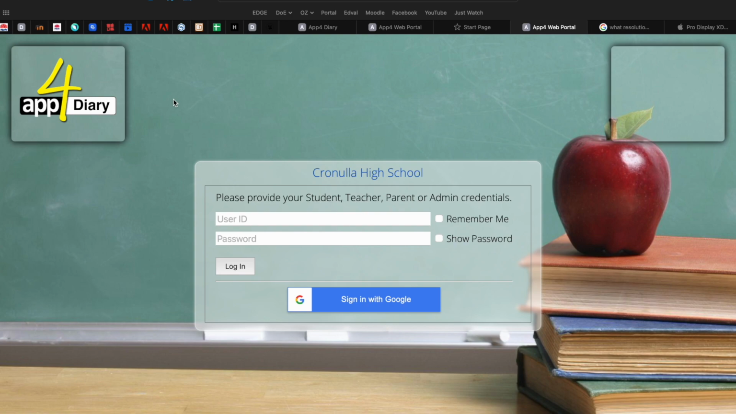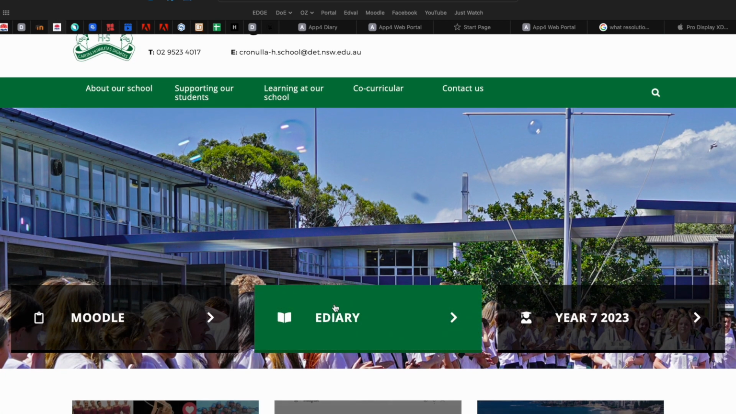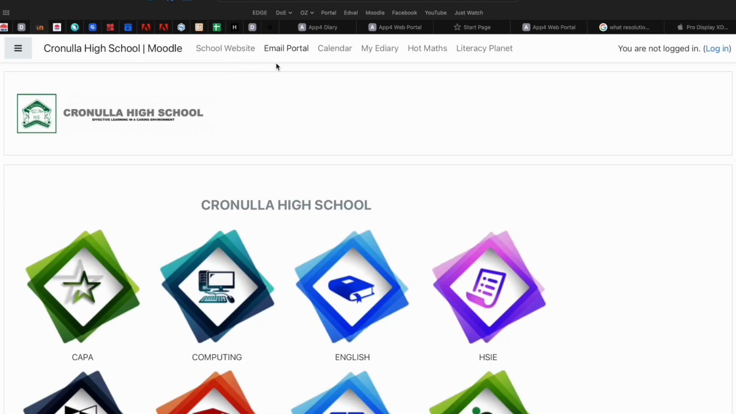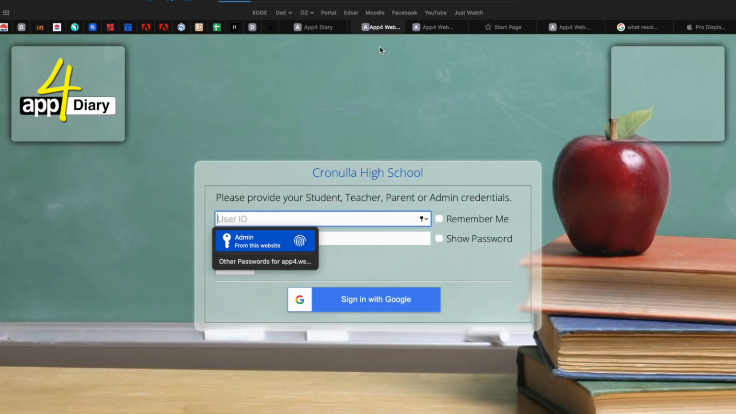So eDiary has changed, and here we are with a quick overview of how it's going to work. Now, how to get to the new eDiary? There are links on the school website that'll take you to eDiary, and also on Moodle. At the very top of Moodle, you will see an eDiary link, and that will take you directly to the